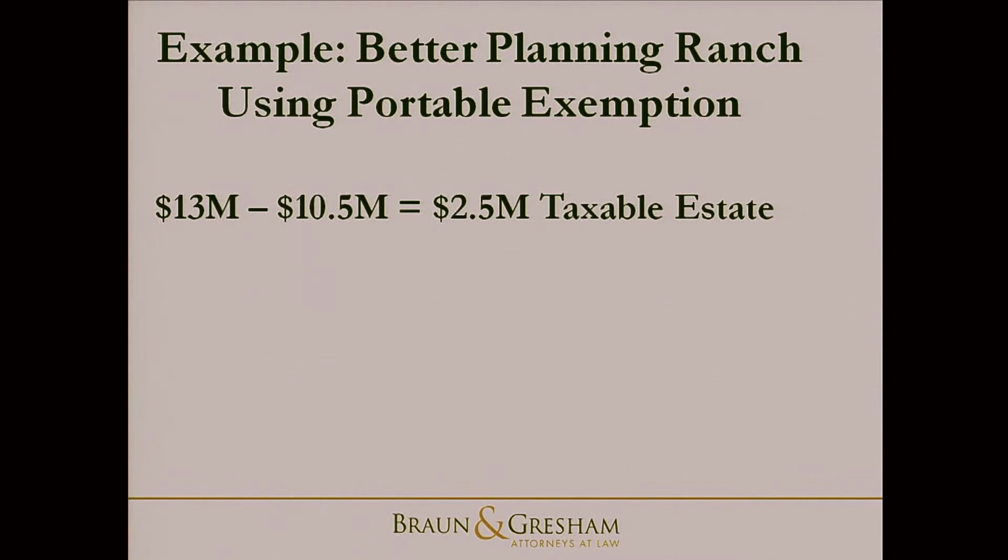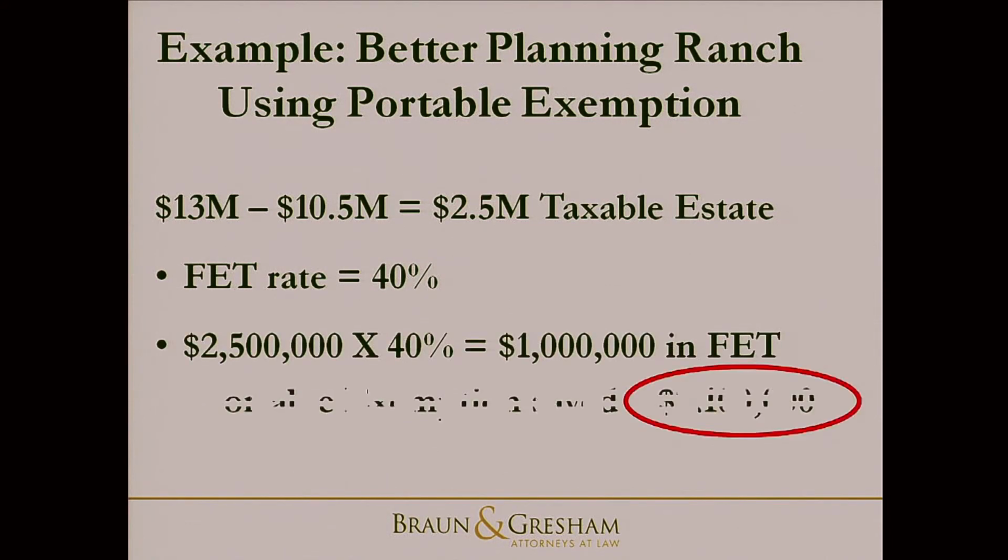Well, let's say they had good legal counsel and they used the exemption amount. Now what they're working with is husband's exemption amount. The 706 was filed at husband's death, so wife has both exemptions. So at her subsequent death, they can shelter $10.5 million. That greatly reduces the taxable estate. Now there's only 2.5 million that is subject to this 40% tax. So run the numbers. The federal estate tax drops to 1 million. They might not have to exercise that reserved right. So you can see that the use of portability under this scenario saved over $2 million in federal estate tax.